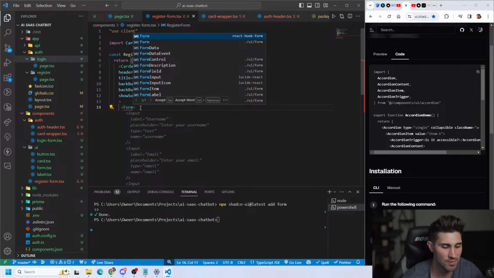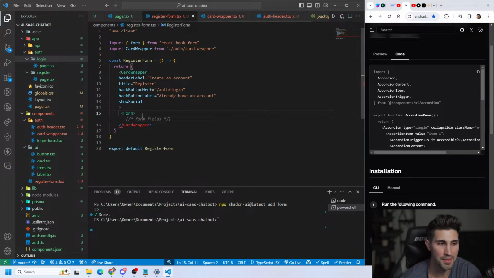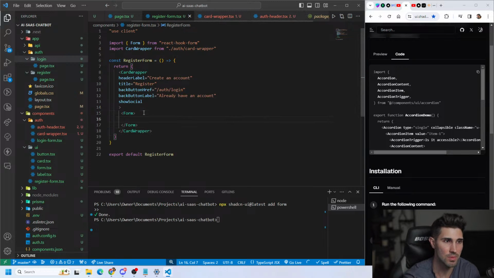But we do have the form component that's from React Hook Form. And that package came from the actual